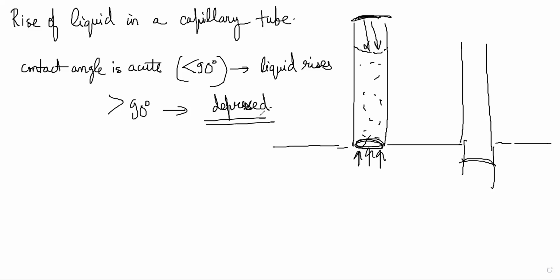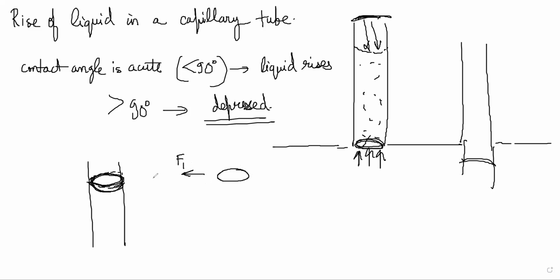Forces on this part of the liquid are F1, by the surface of the tube on the surface ABCD of the liquid. The liquid will be depressed like this, but it will make a surface on the tube, a point where it is touching the entire tube. So on that ABCD circumference, there will be a force by the surface of the tube, which will be F1 like this.